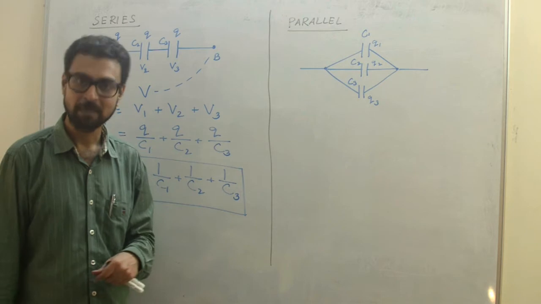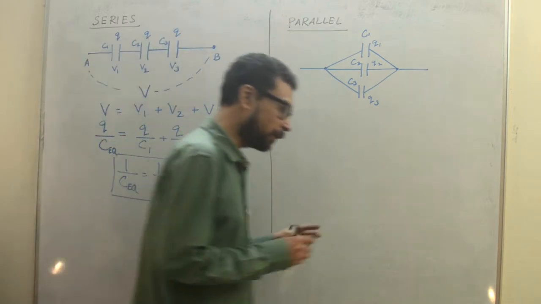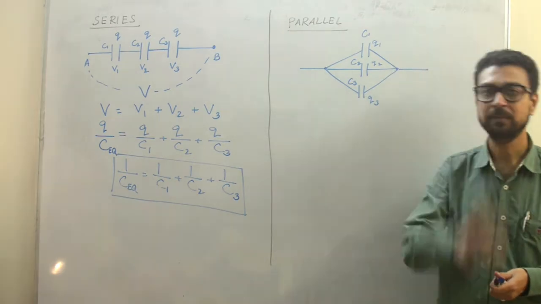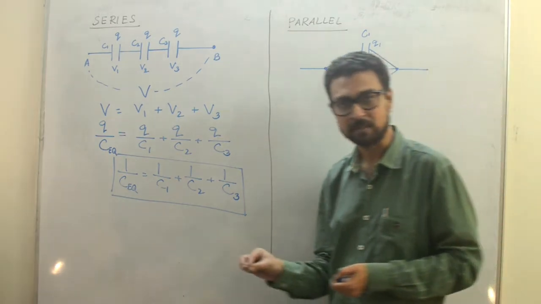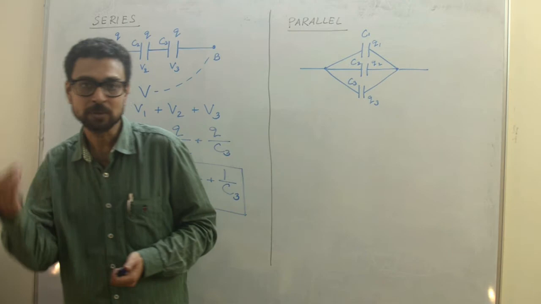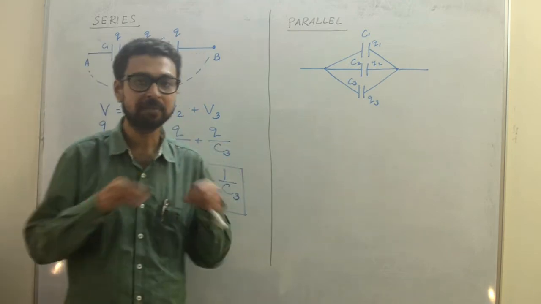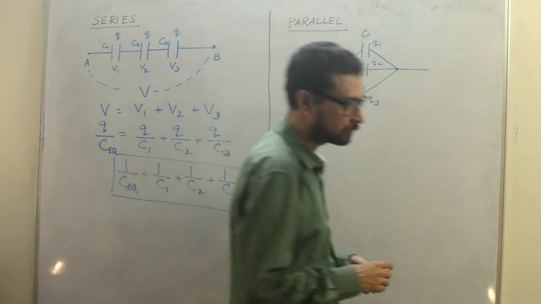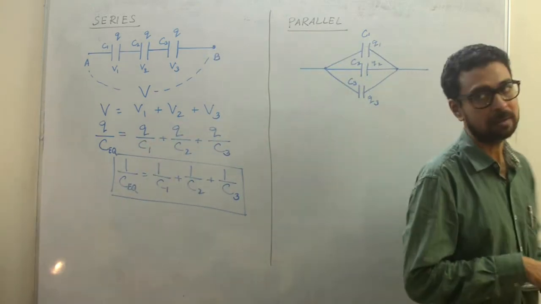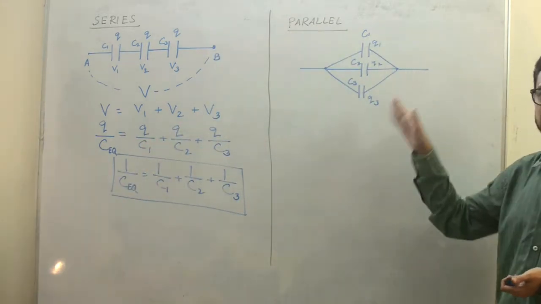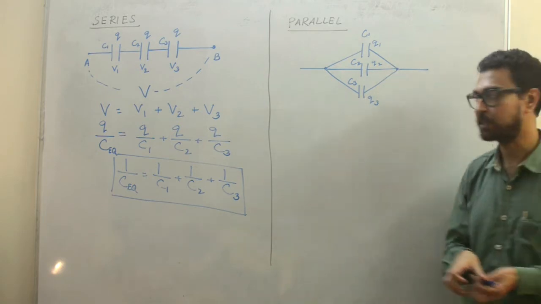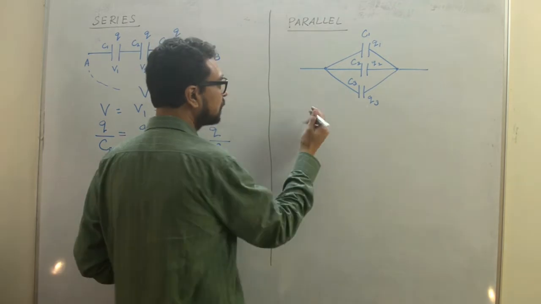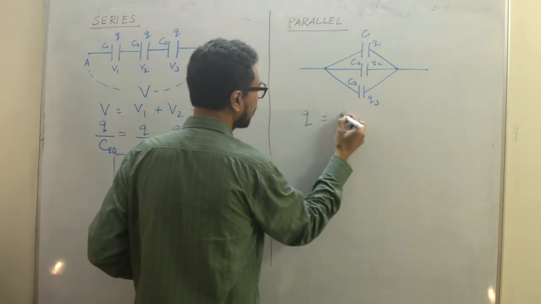Now we have parallel. Whenever we have a parallel combination, the potential is constant throughout all the devices. The way we use our household electricity, we have everything connected in parallel so that everyone gets that 220 volt 50 hertz AC connection. So parallel means common potential. All of these have the same potential, which is V. But the charges will remain different. So the total charge, if it is Q, then I can write